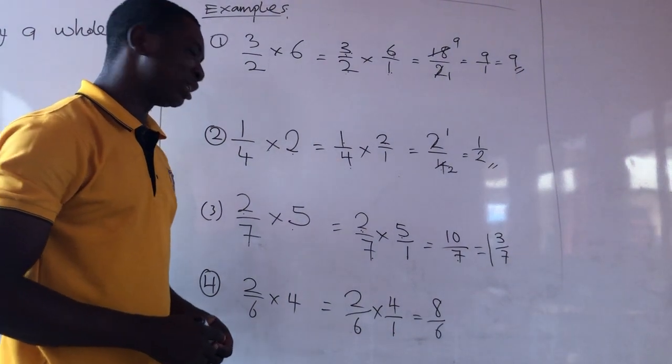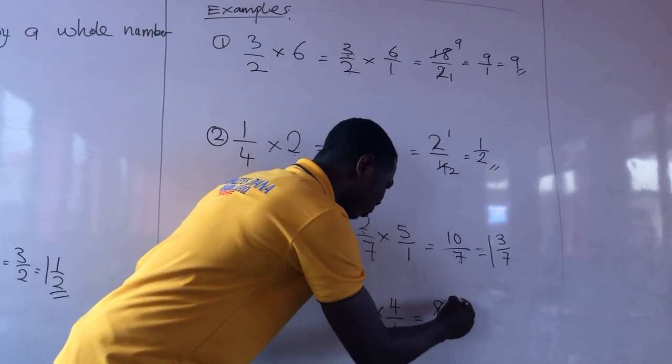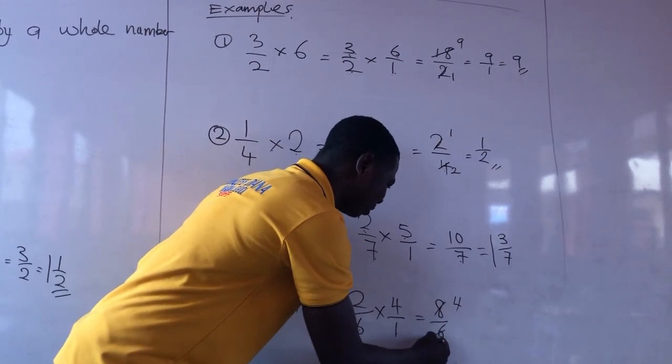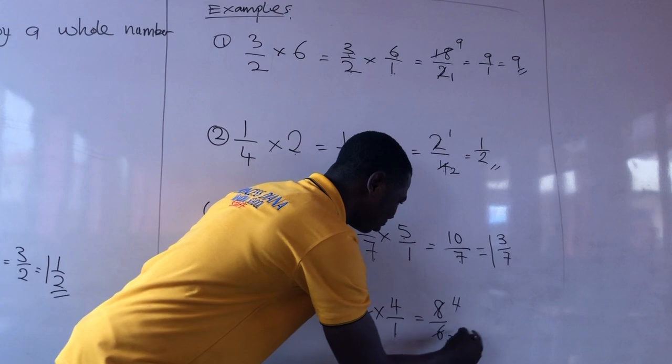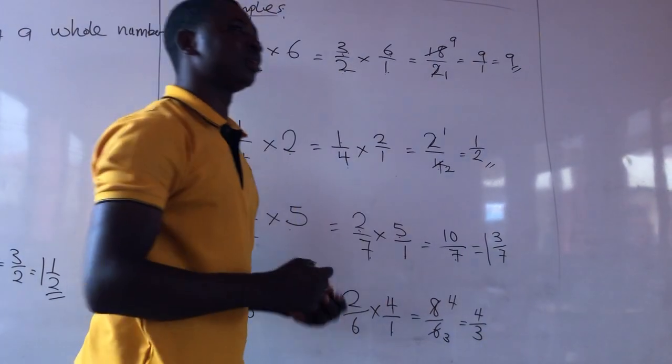2. 2 can divide 6 and can also divide 8. So 2 divided 8 how many times? 4 times. And also divide 6 how many times? 3 times. So our new fraction will be 4 out of 3. Now,